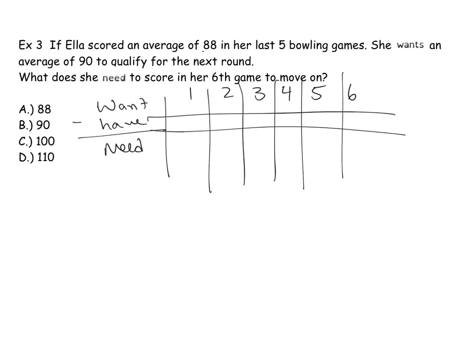So if we average 88, that means that what we have is 88 in each one of these days. We have not done our 6th game yet, okay? But our 6th game needs to make up for the fact that we haven't gotten our average of 90 that we want. We want 90 on each one of our